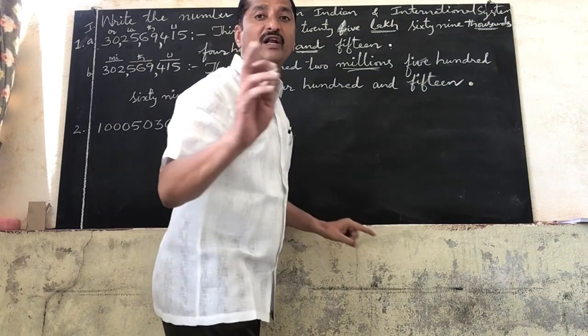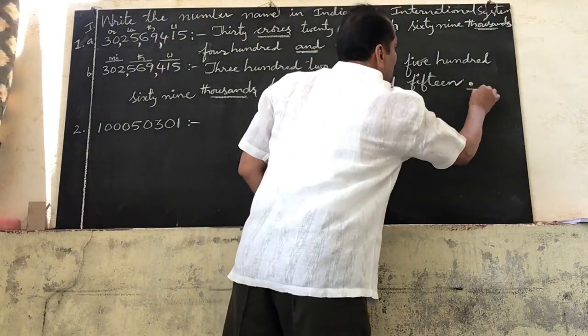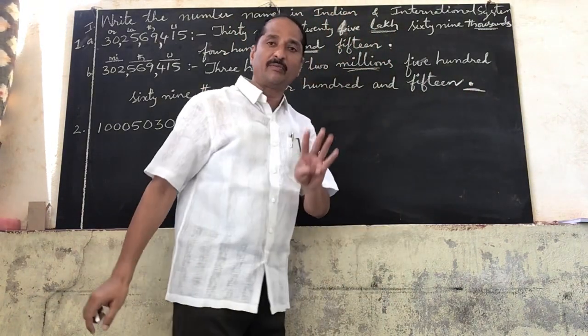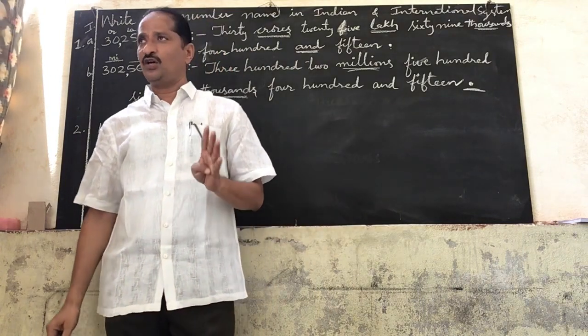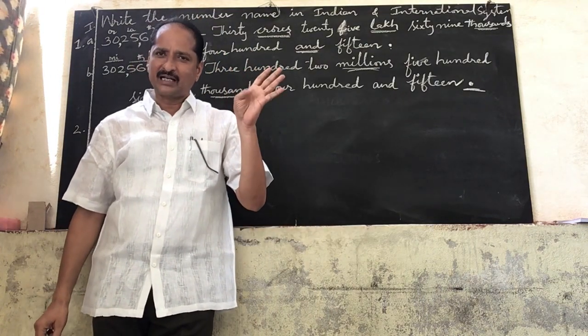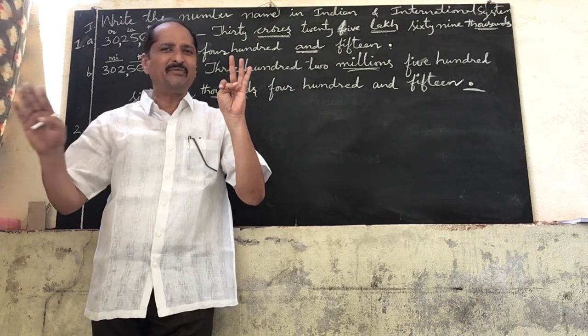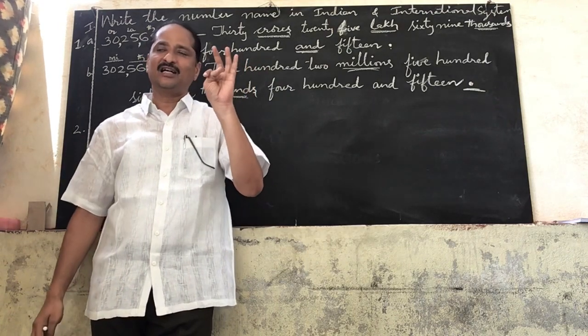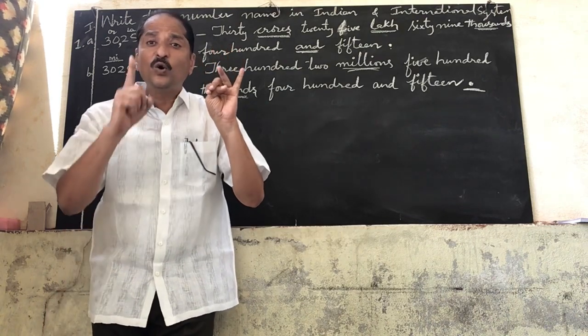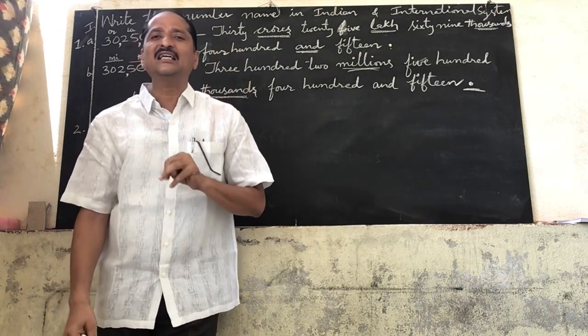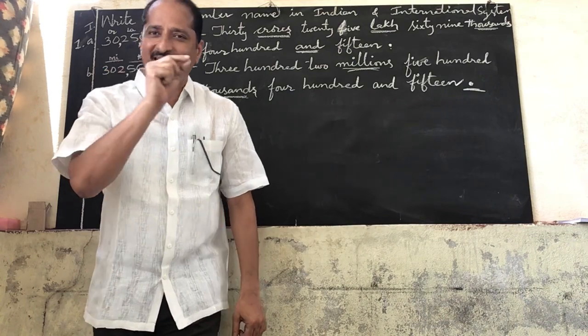415. And don't forget to use full stop. So these are the 4 points you have to remember while writing a number name. First one is writing a capital letter. Second one is don't use capital letters anywhere in the middle of the sentence. The third one is use "and" only at the end. And the last one is put a full stop at the end.